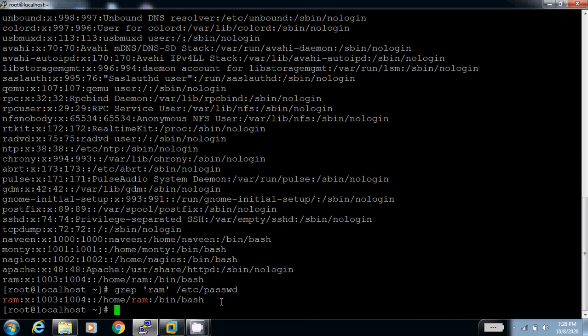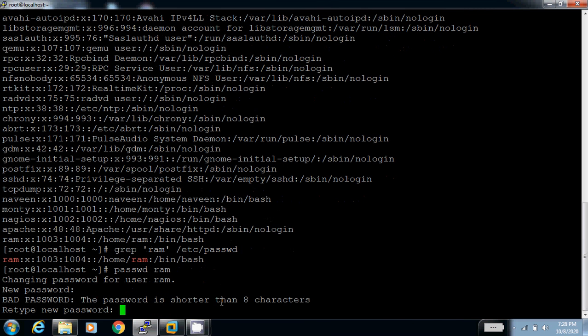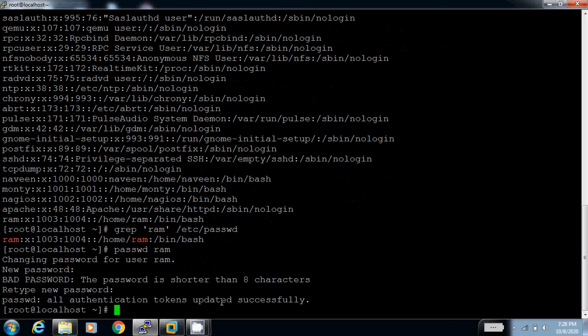Now I assign the password to Ram. Confirm the password. Password has been set. You can try to log in using Ram.